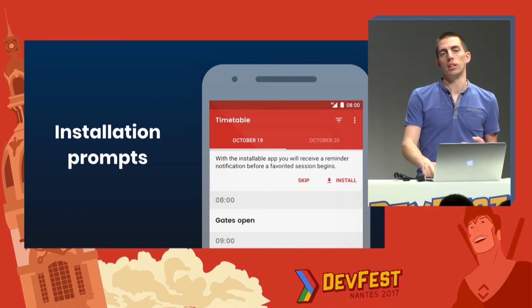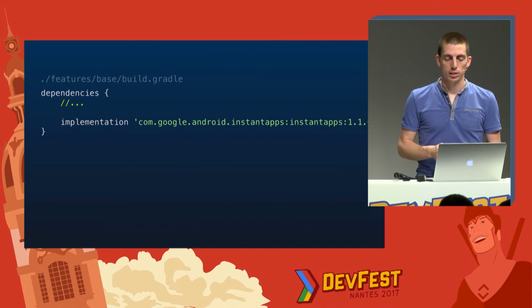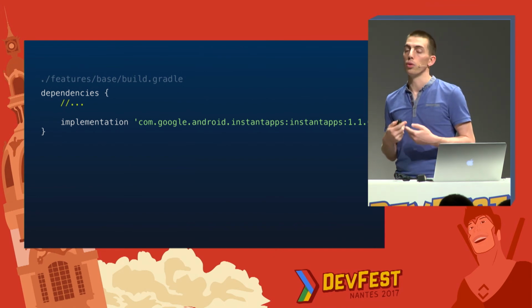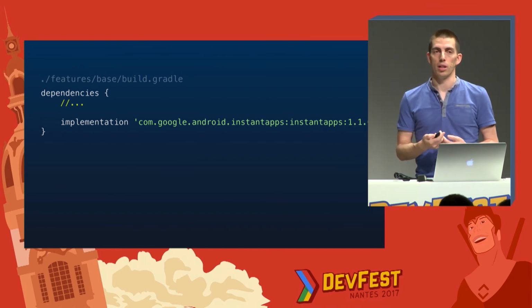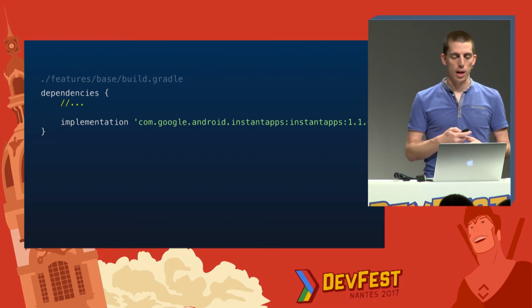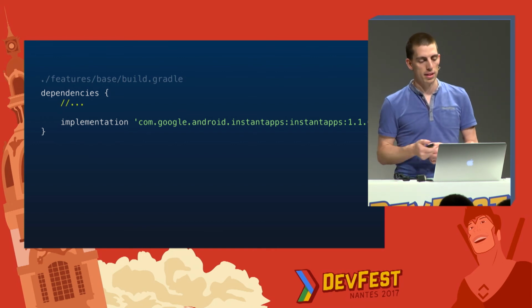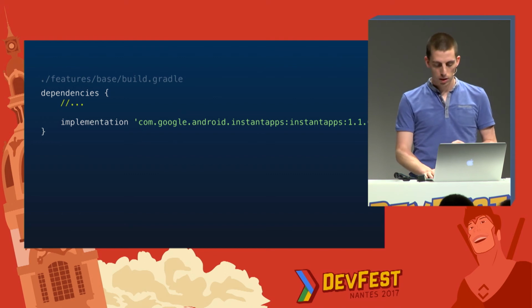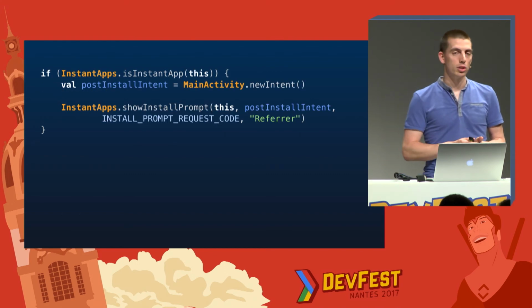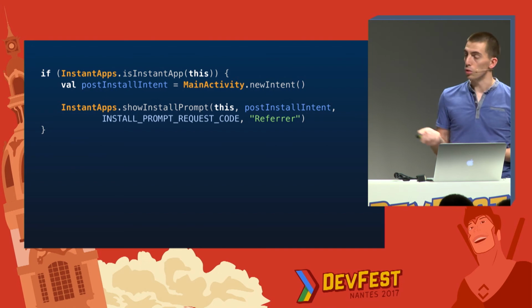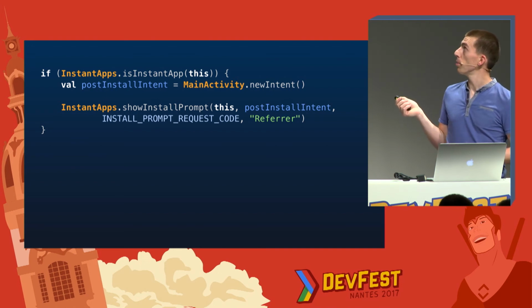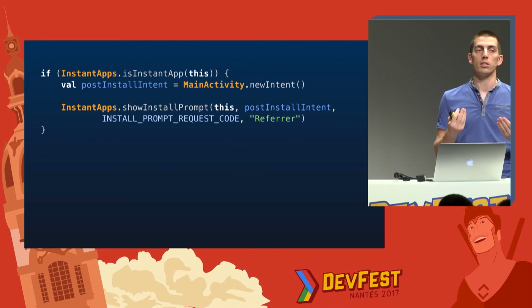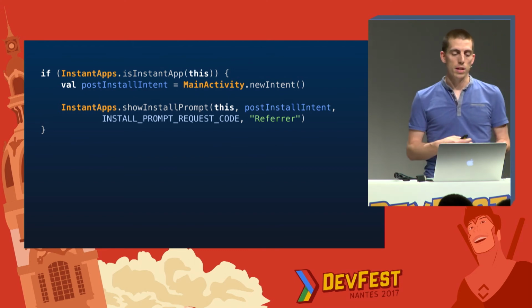And once the user clicks on install, you can prompt the user to install the application. And this is done thanks to the Instant App SDK. So you have to add this dependency in the dependency DSL of your Gradle file. And then in the code, it's quite simple. You have only this. You check whether or not your application is running in instant app mode, and if it is, then you can use